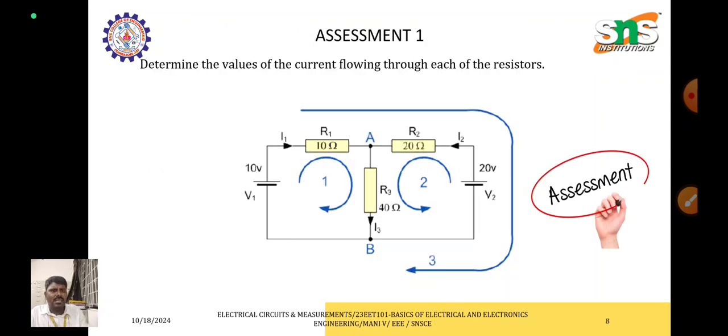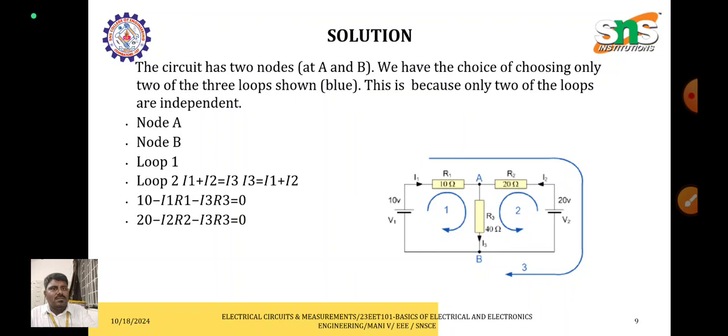And this is the assessment. Determine the value of current flowing through each of the resistors. In this circuit there are three resistors available. One is a 10 ohm resistance, another one is a 20 ohm resistance, and the third one is a 40 ohm resistance. The circuit contains two meshes. By applying Kirchhoff's voltage law, there are two equations for the two meshes, so that you can determine the current through all the branches. Okay, and this is the solution for this